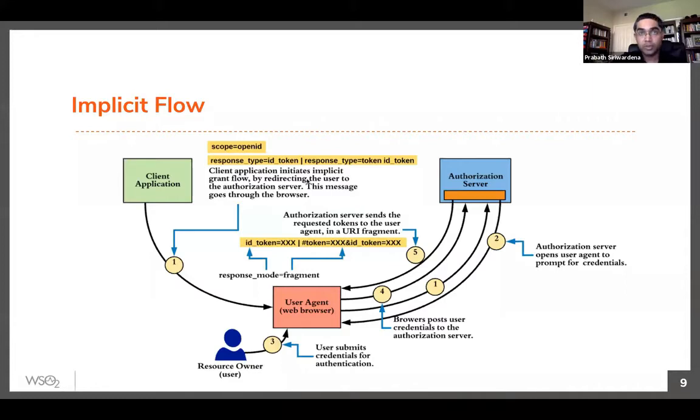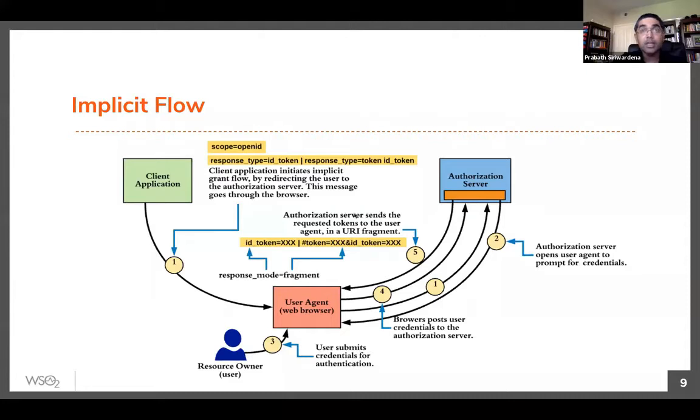So we know what response type means. If we said id_token and token, then the authorize endpoint of the OpenID Connect server should return back an ID token and a token. Then again, there should be a response mode associated with this particular response type. For both response types, the default response mode is fragment.